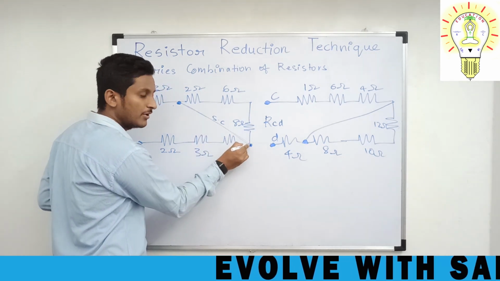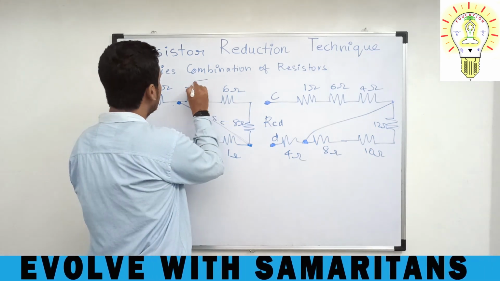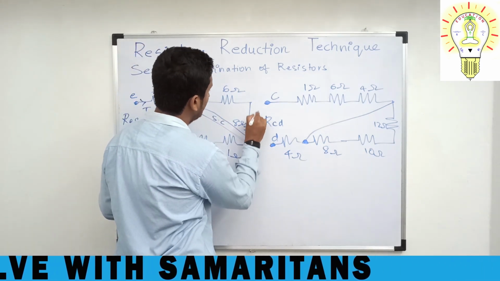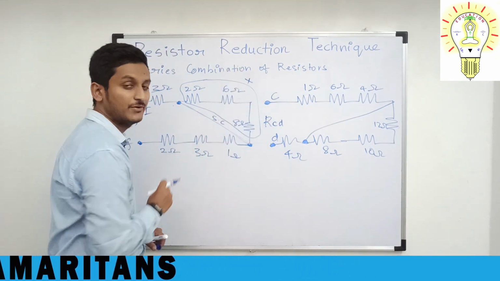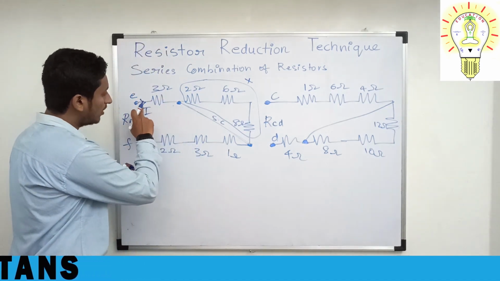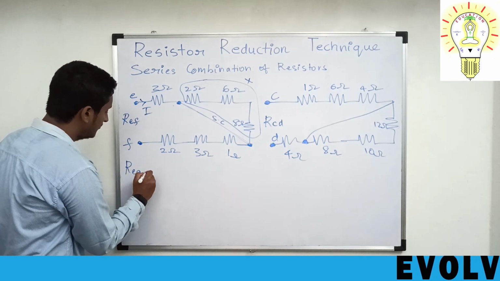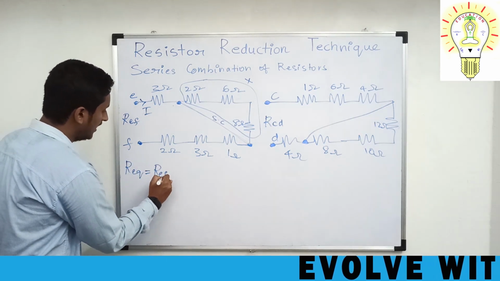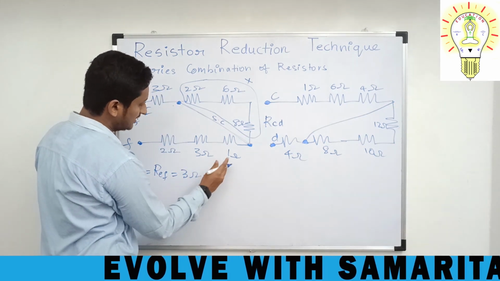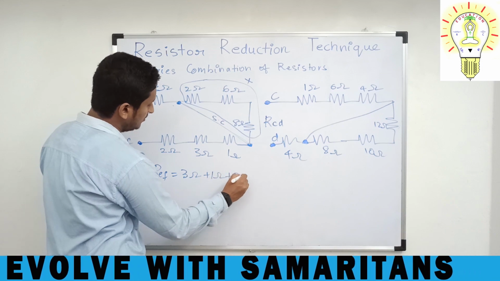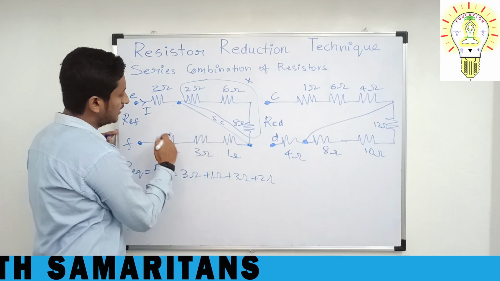Now again, after going to this path, the current will again try to go from this path. So what is happening? This part will not work. This entire part will not work. So this is the short circuit concept. Now these all things are in series. So let us calculate the R equivalent between REF. So what will be the value? Only this 3 ohms plus 1 ohm plus 3 ohm plus 2 ohm will be given. So these all are connected in series.